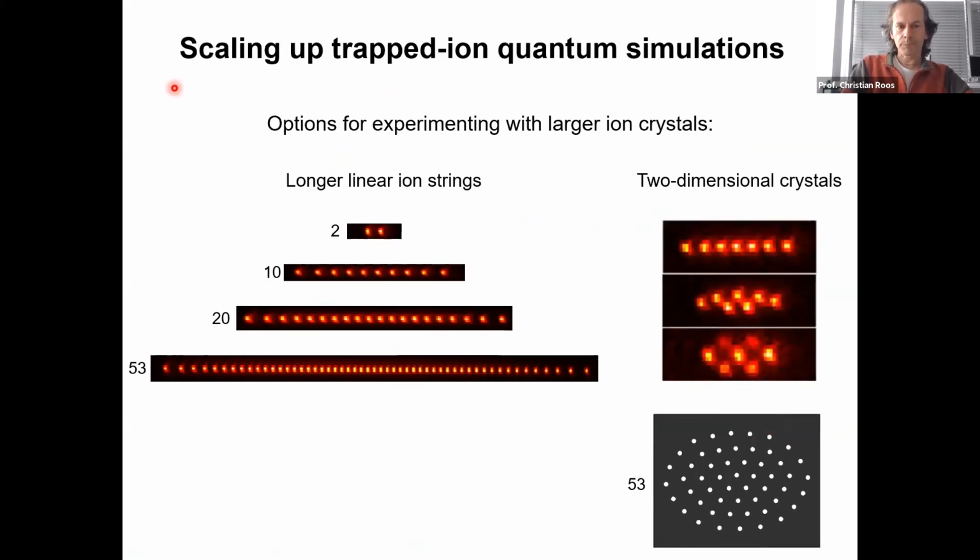Now, so far for variational quantum simulation. Now I want to talk about options for scaling up our experiment to a larger number of ions or qubits. And there are basically 2 ways of doing this. One is to make